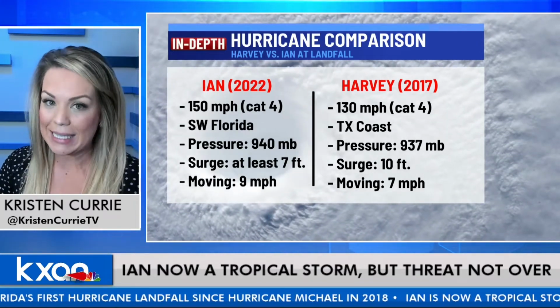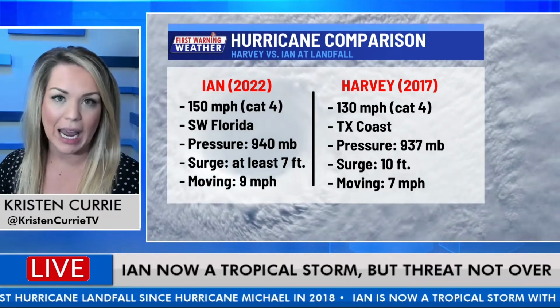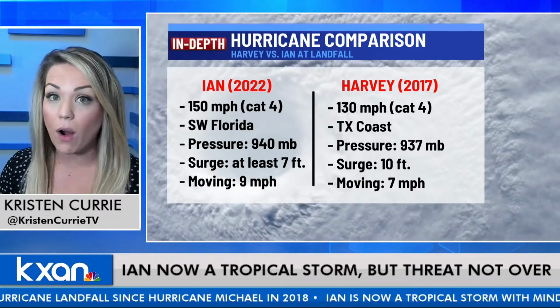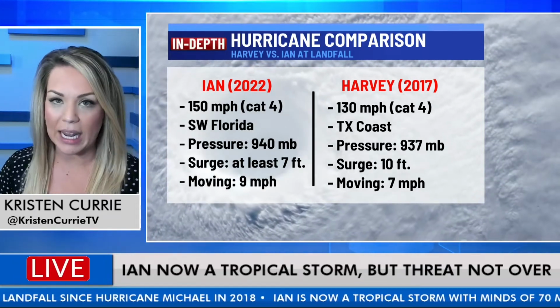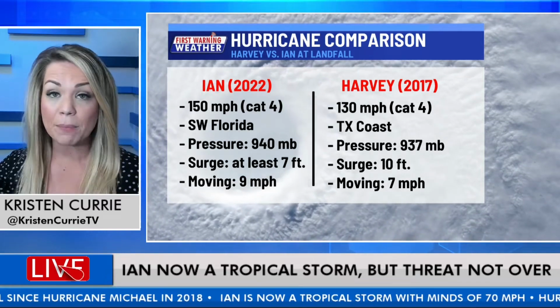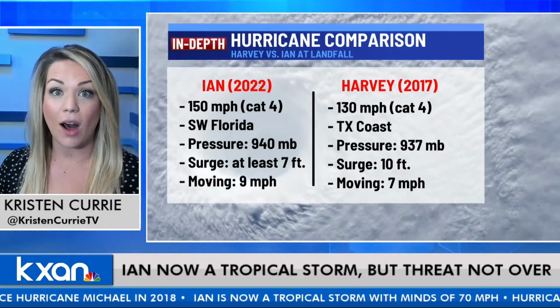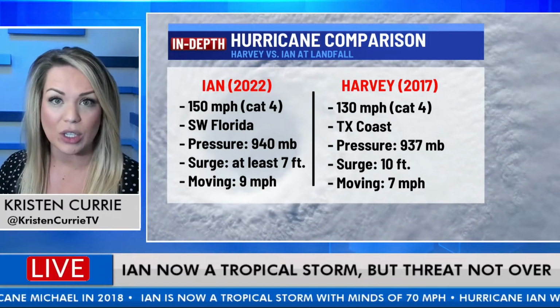One of the biggest differences, though, for obvious reasons, was the rainfall, right? Those 17, 18 inches of rainfall we've seen so far, those are just preliminary rainfall totals with Ian, and that doesn't even hold a candle to the 60 inches of rain we saw with Hurricane Harvey. I mean, there are parts of Fayette County that saw as much rainfall as they did in Ian yesterday. So